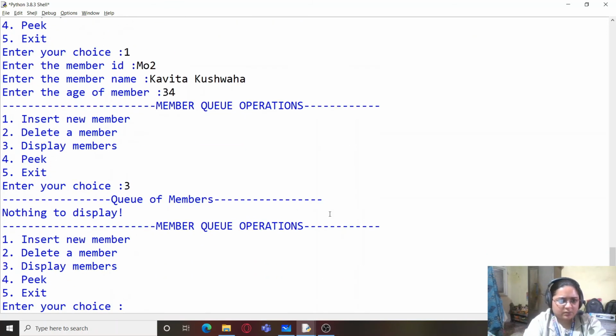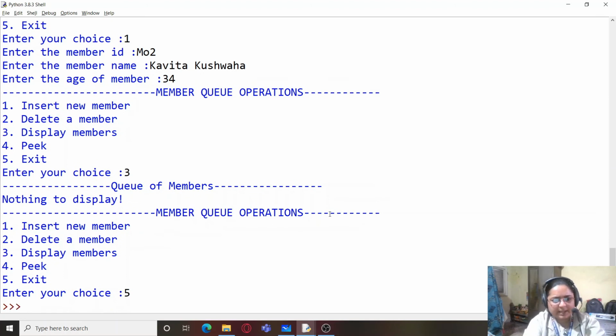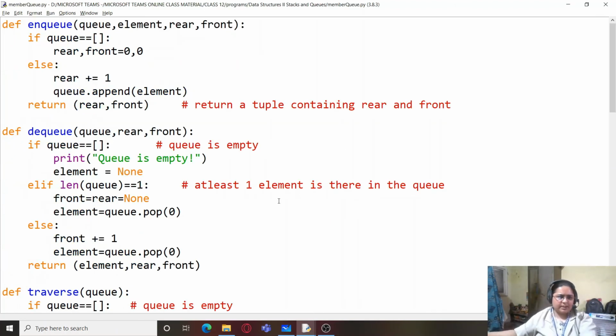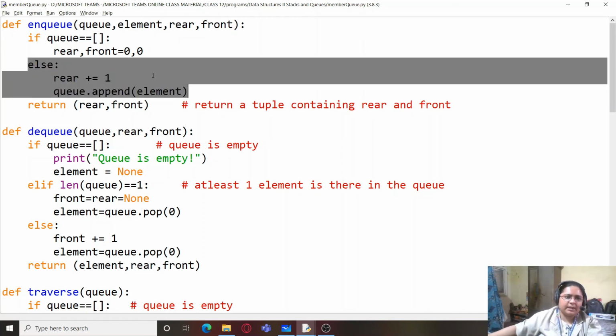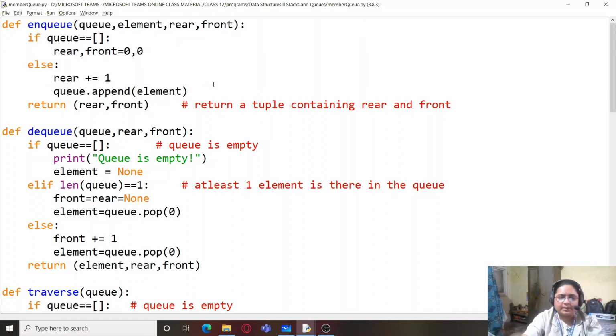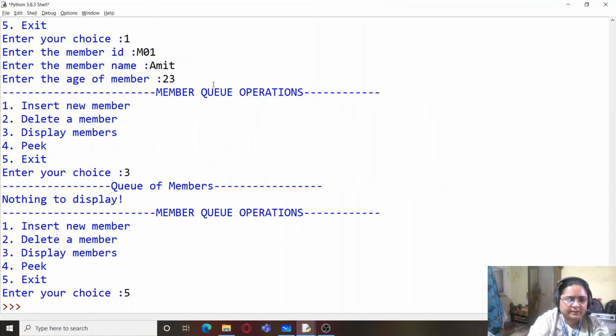Okay, so we don't have anything, so there might be some error in the program. So let's see what is the error. So the error is this statement over here, which is actually indented inside, and hence it will be executed only when there is at least one element in the queue, because this else part will be executed only when queue is non-empty. So let us shift this back, and let's now again execute this.